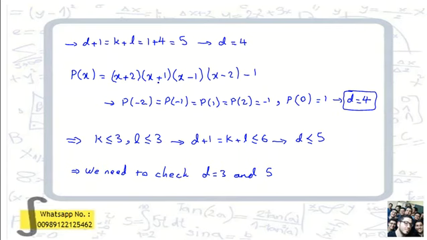Yes? So p of 0 can't be that. So we need to check these things. So let me erase that. If we replace x with 0, it won't be